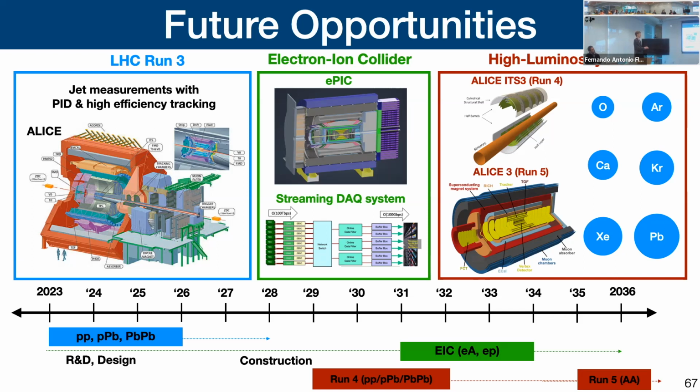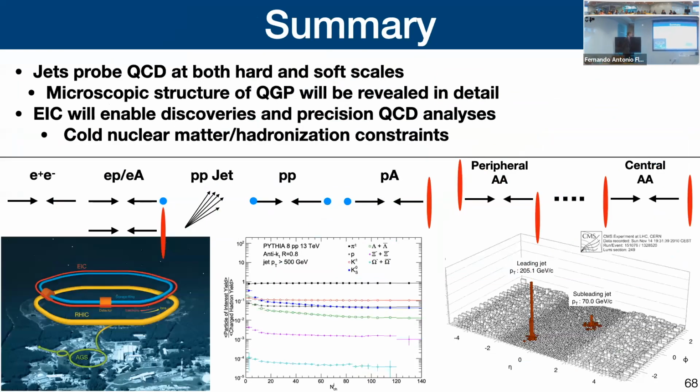And also there's a plan to do various ion species at the LHC, which has not been done before except for lead and xenon. It's been done at RHIC, but it hasn't been done at the LHC. The idea is that if you use smaller ions, you actually get more nucleon luminosity, which means essentially more jets. So if we use these ions, we get more jets, which means we can do more jet physics.